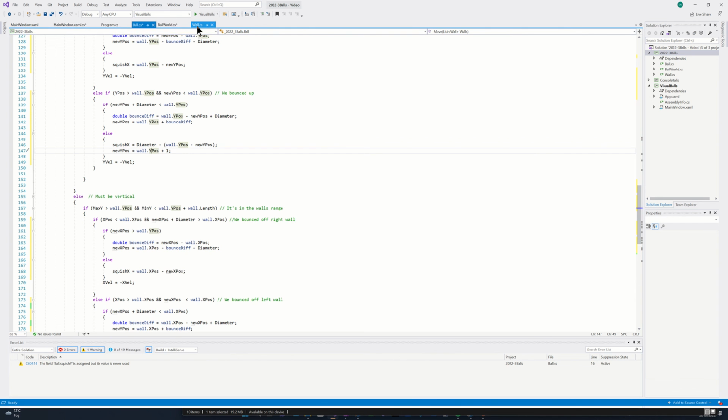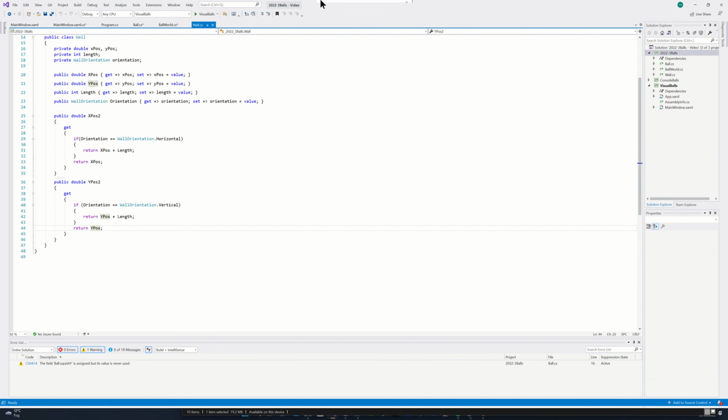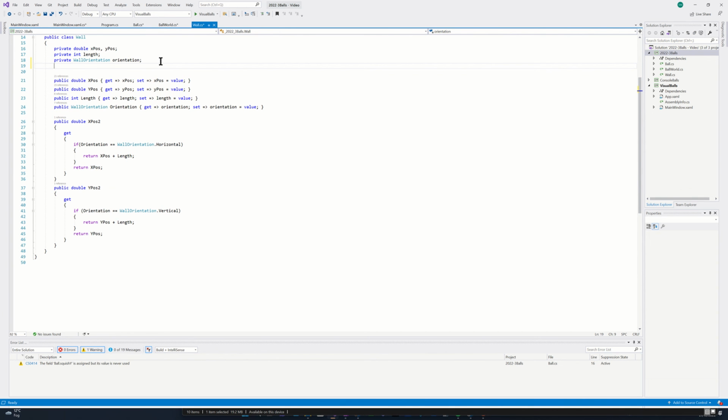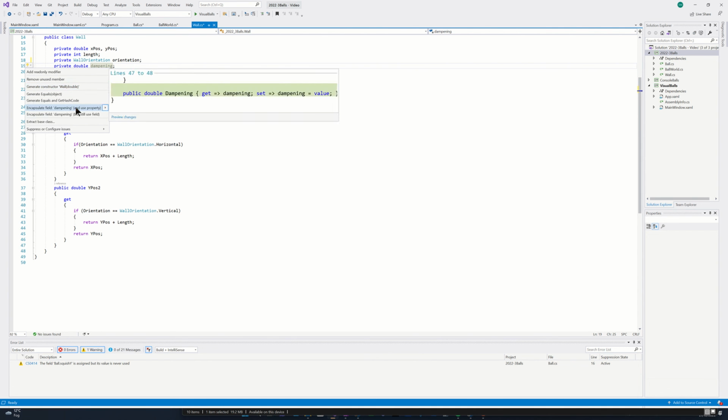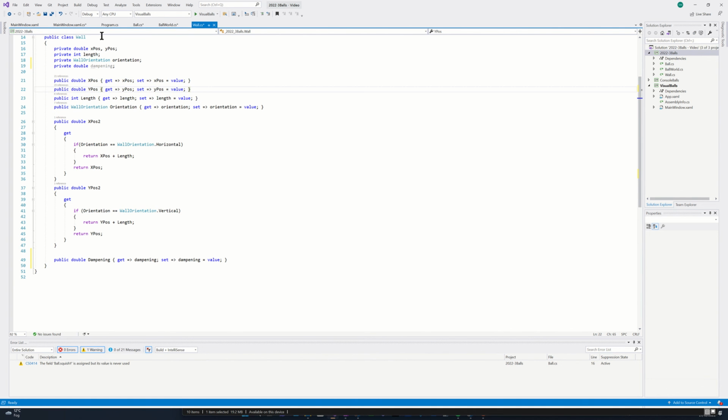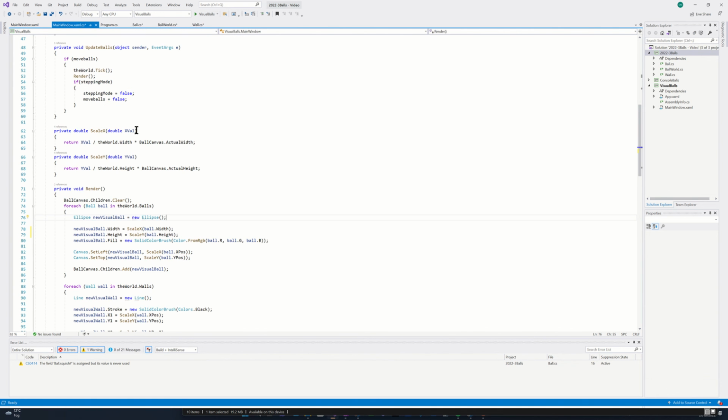Now, last thing I'm going to do on this quite mammoth change is I'm going to add to the wall a dampening factor. Okay, so private double dampening, and then I'm going to set a property for it, and then where I set my walls up,